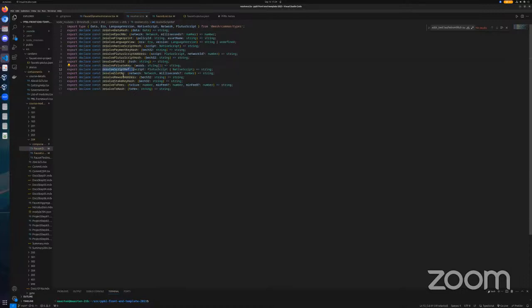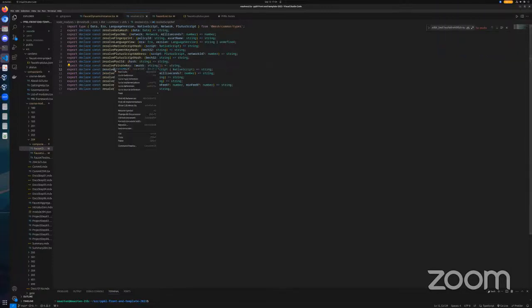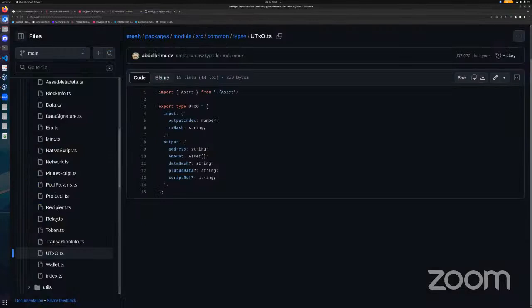Right, that gives us the type. What does it take? It takes as input either a Plutus script or a native script, and it returns a string. But what does it resolve to? Let's go see if we can find that one. That one should be in the resolvers page of the mesh site. I don't think we're gonna have to dig too hard for this one.